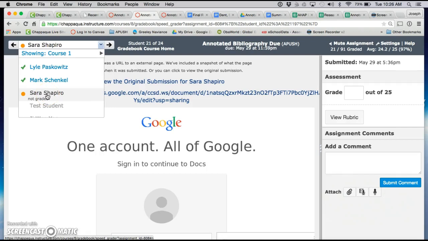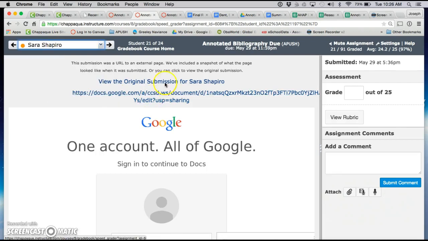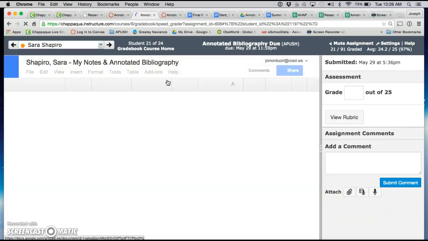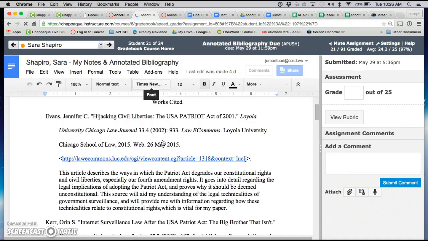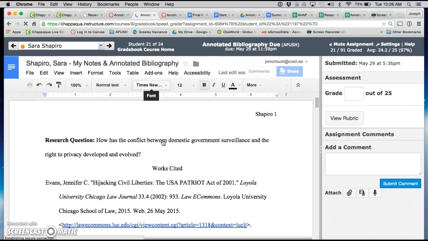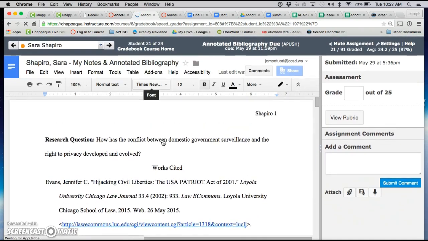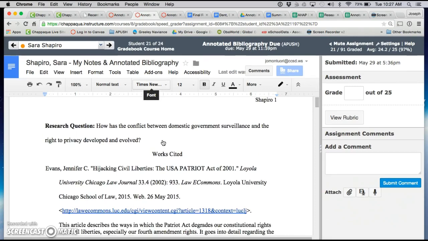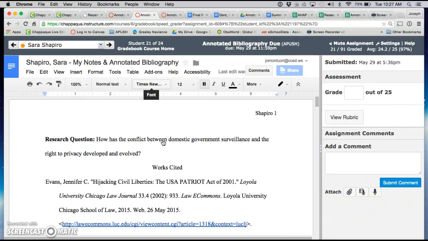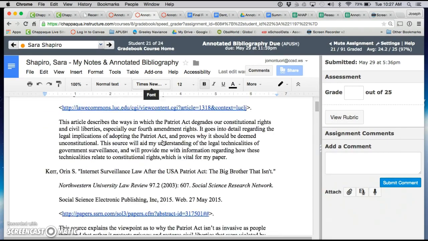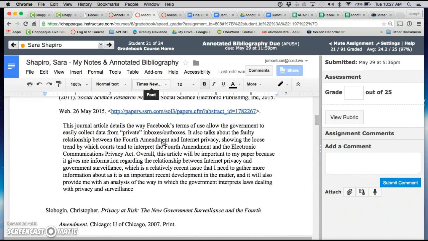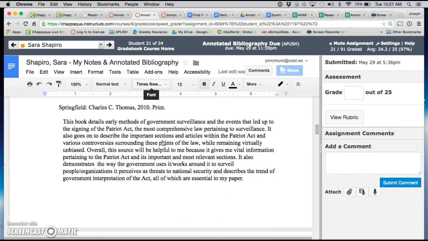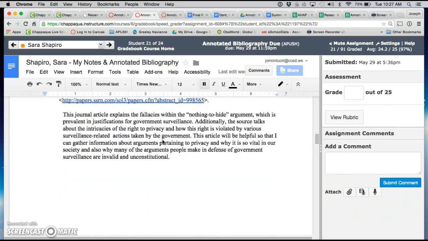So I'm going to open up Sarah's. I'm going to click open her Google Doc. And as you can see, it's actually a live Google document that we're looking at here. And I'm going to look over the student's work, make sure that it's in appropriate MLA style. And I'm going to read the annotations. And once I've looked all of that over,